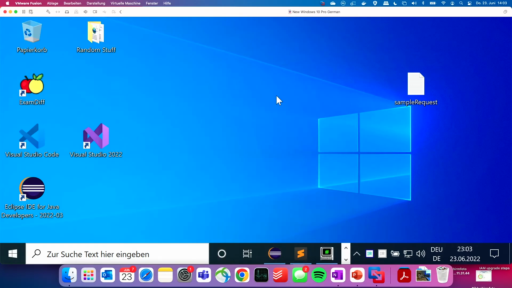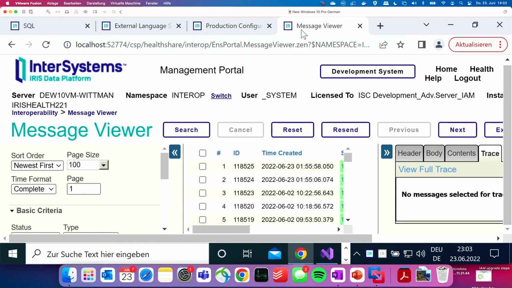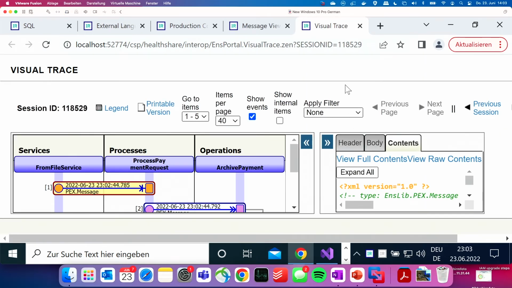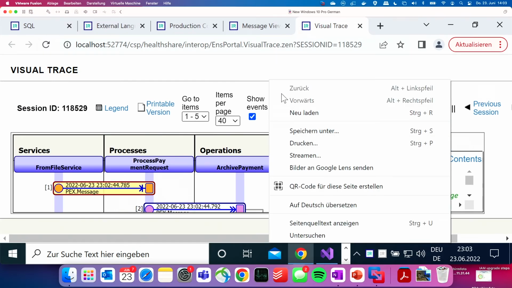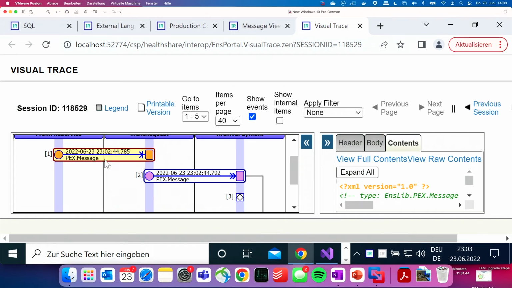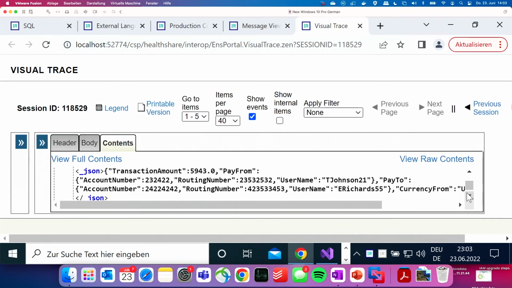What's most interesting is to take a look at the message viewer and take a look at the trace. So you can see that we're sending a PAX message from our service to our process, and that this is the content of the message.